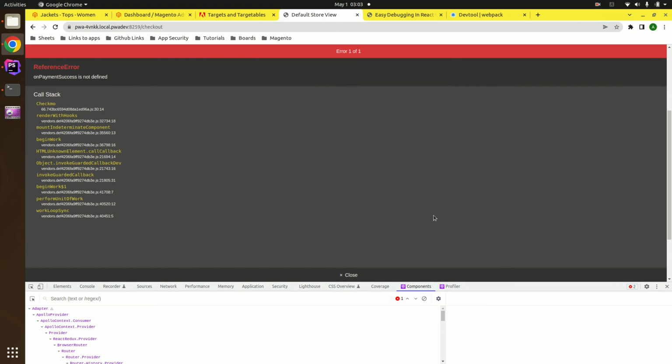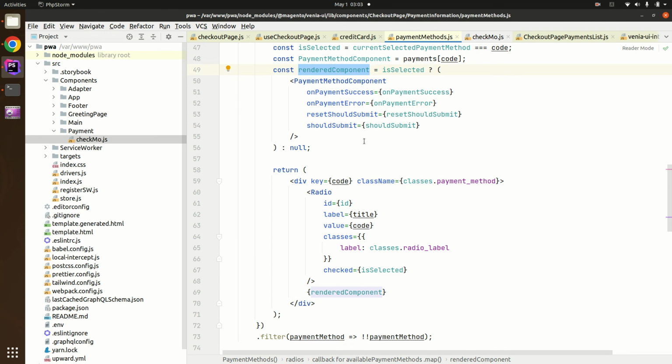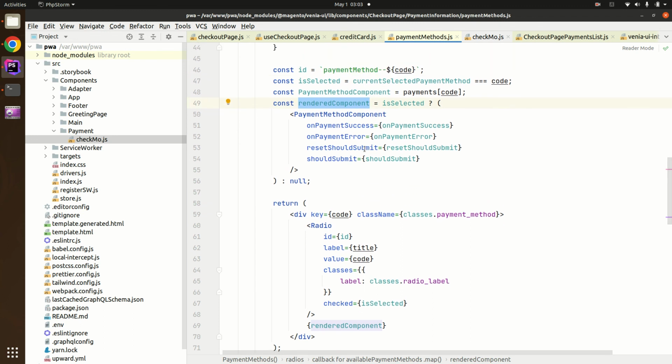Okay, same problem. Let's see why it would say that. So my checkmo should be a rendered component, on payment success, on payment success, and